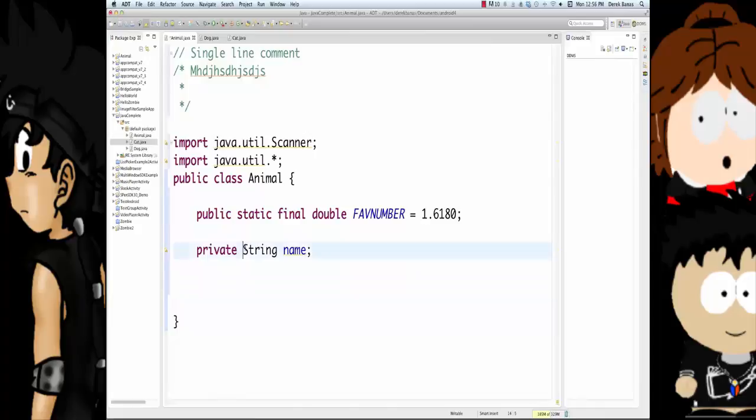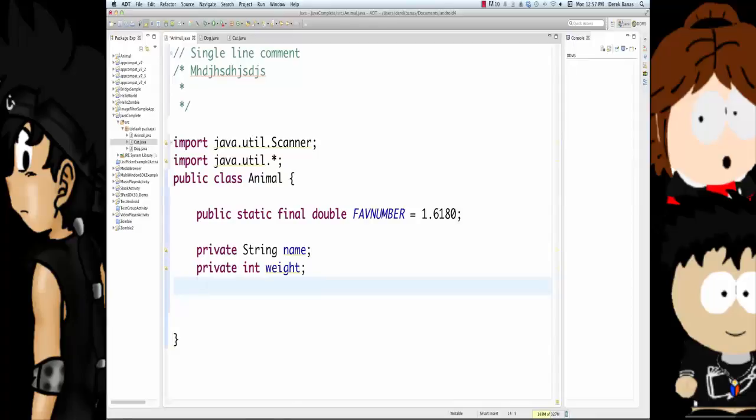A string is just a string of characters, and I'm going to go through all the different data types that are inside of Java. Private int is just an integer that can have a value of -2 to the power of 31 to 2 to the power of 31 minus 1. So, pretty big number. Well, what I'm doing here is I'm defining an animal. So it has a name. Every animal that I create is going to have a name. These are attributes. Fields are attributes for whatever we are defining.